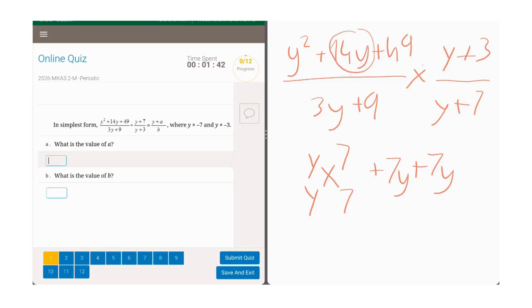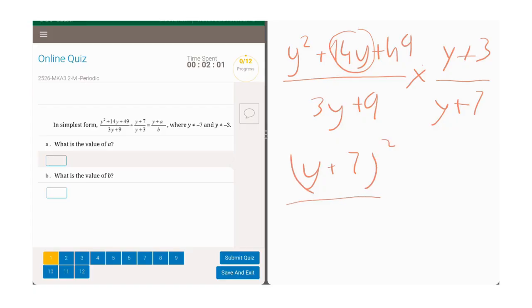So that means we can factor this as y plus 7 squared, because y plus 7 and y plus 7 make y plus 7 squared, over, let me rewrite, y plus 7 squared over, you can factor the denominator by 3, so 3 times y plus 3,